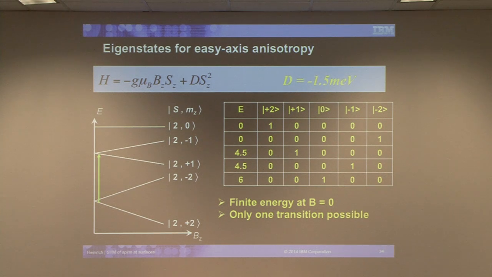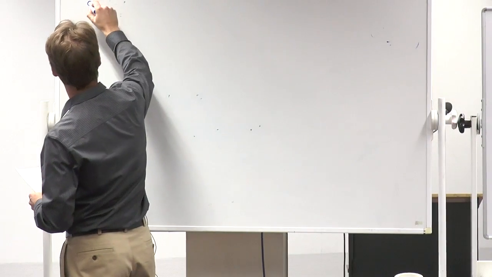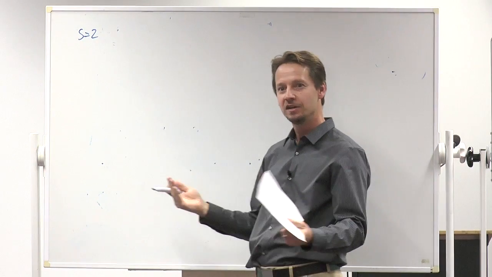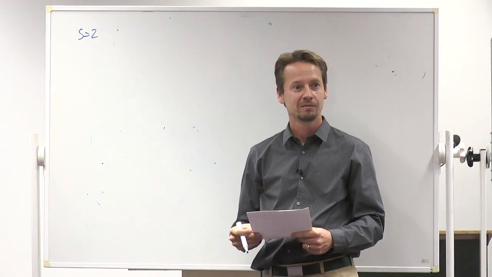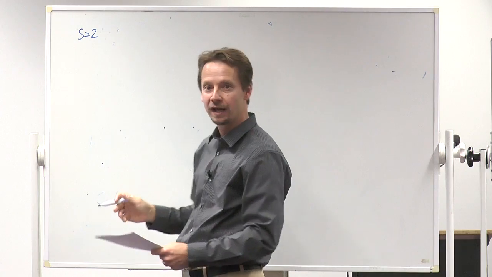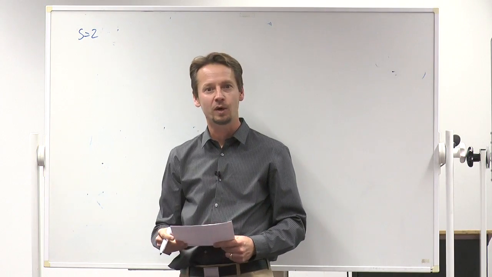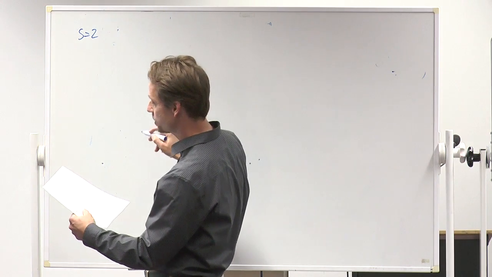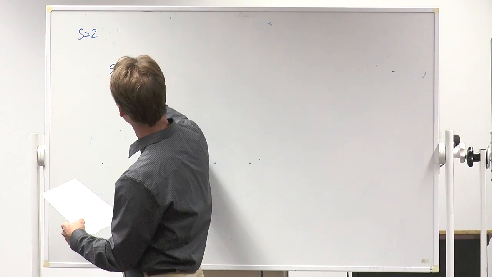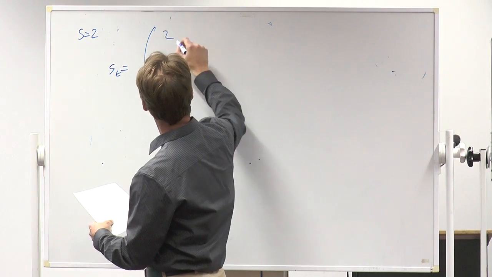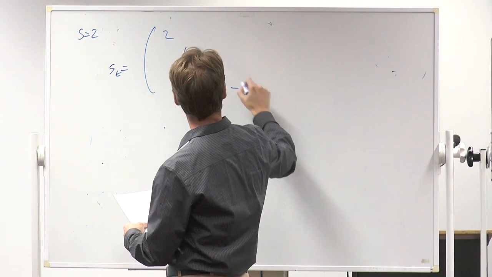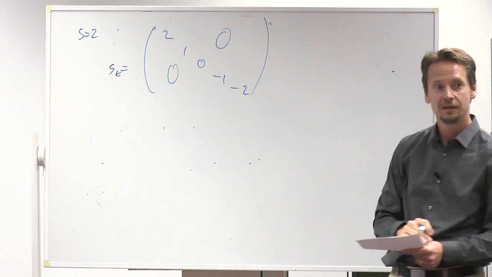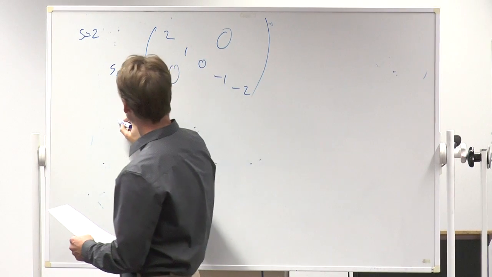So first off, we have an S equals 2 system, which I haven't proven to you, but let's assume that's the case here. So how do you write the Sz operator? Remember, for an S equals 1/2, it was just -1 and 1, or -1/2 and +1/2, if you want to be precise. So here, the Sz operator is 2, 1, 0, -1, -2, with everything else being 0. Right? And if you want to know what Sz squared is,